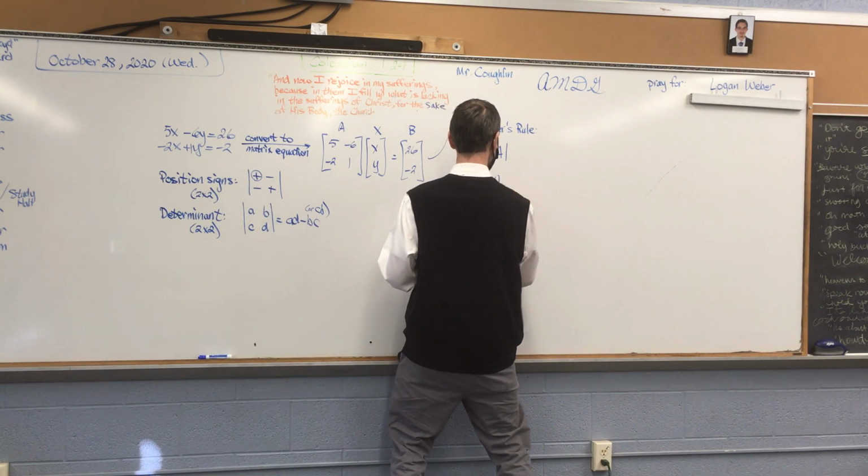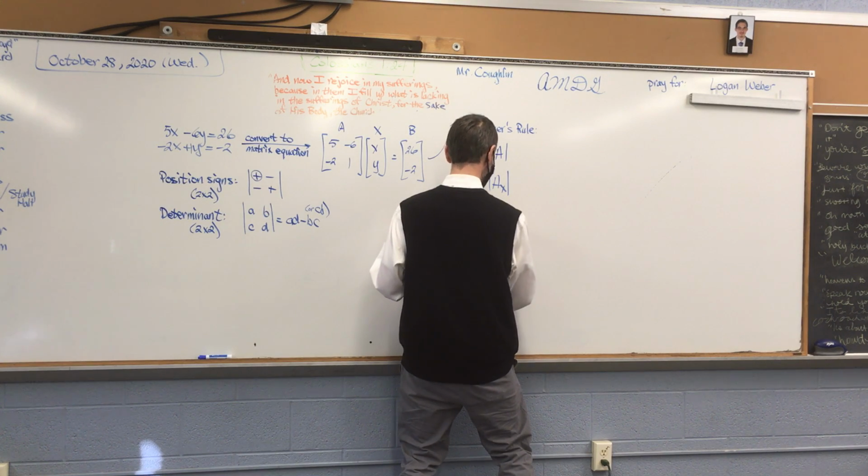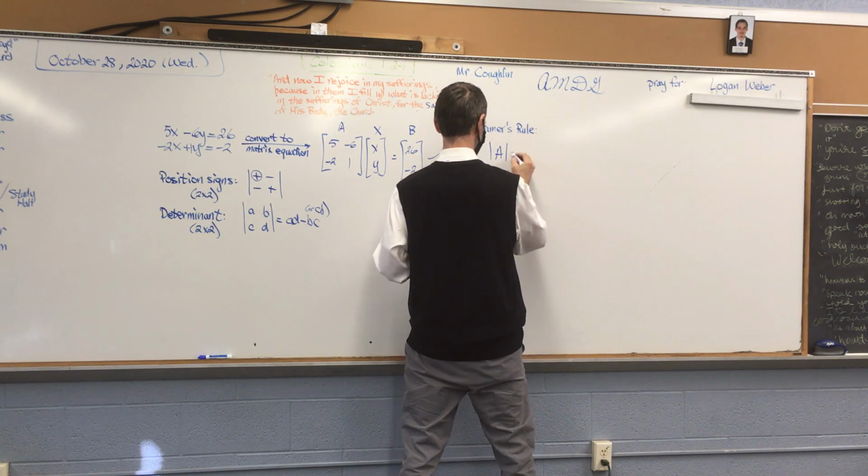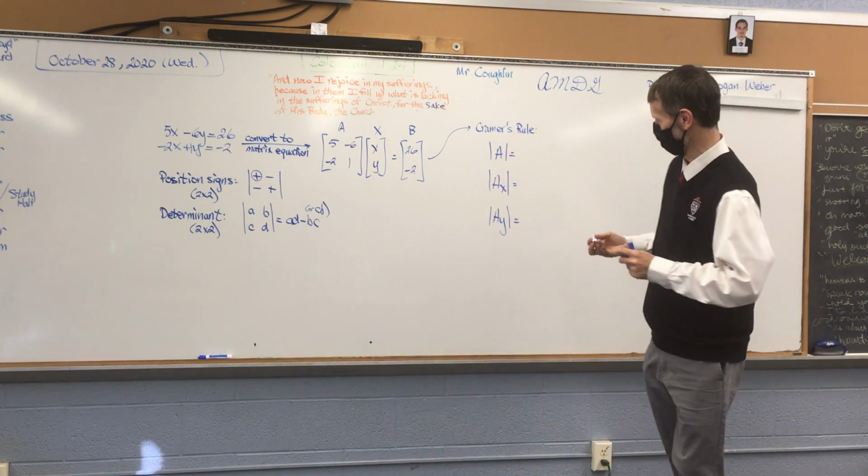A sub x, and A sub y. If you can get those, you're done with Cramer's rule, pretty much. There's just one extra step beyond that. What is,